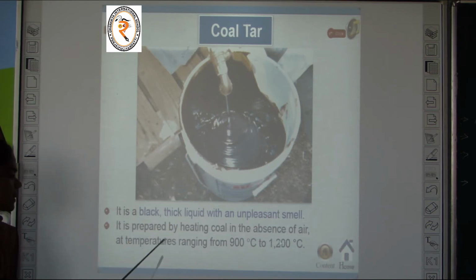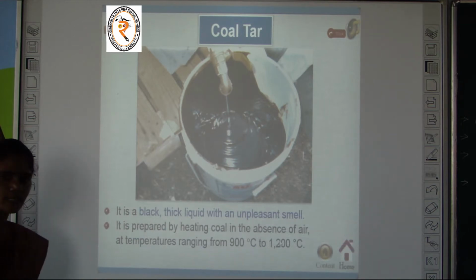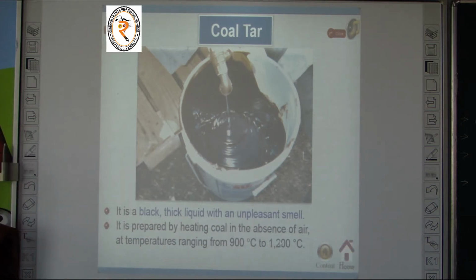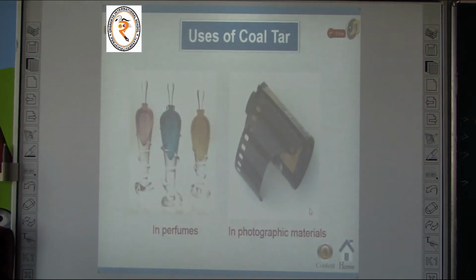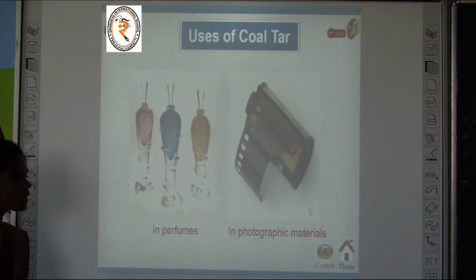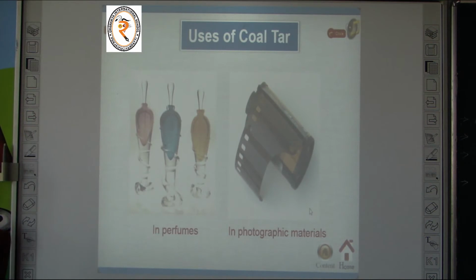So coal tar is prepared from coal by heating coal in the absence of air at temperatures ranging from 900 degrees Celsius to 1200 degrees Celsius. The next one, uses of coal tar. It is used in perfumes and in photographic materials. These are all the uses of coal tar. The next one,